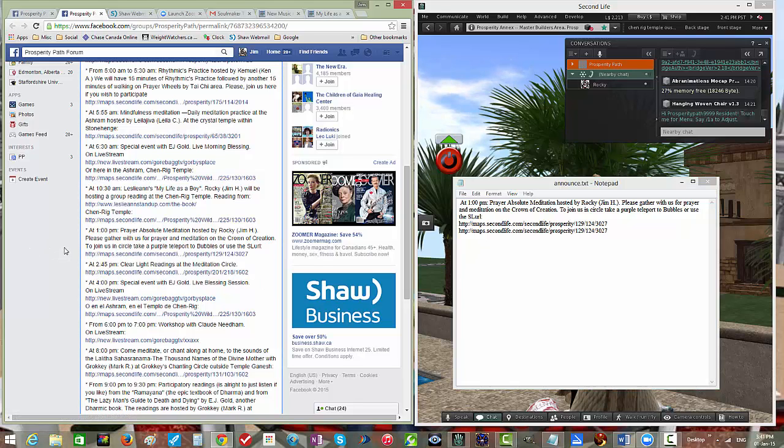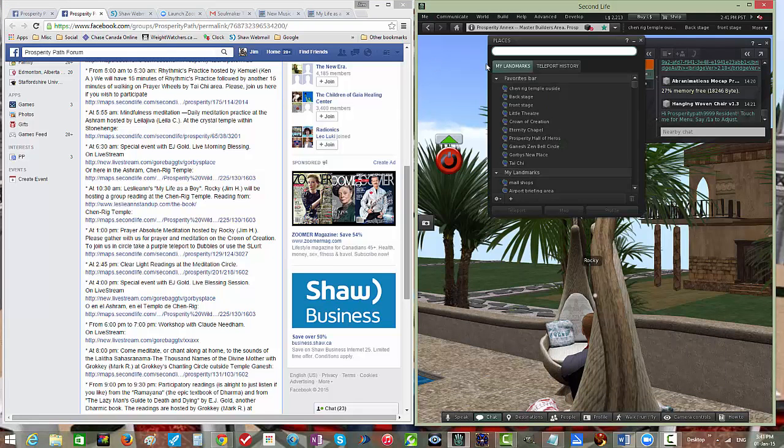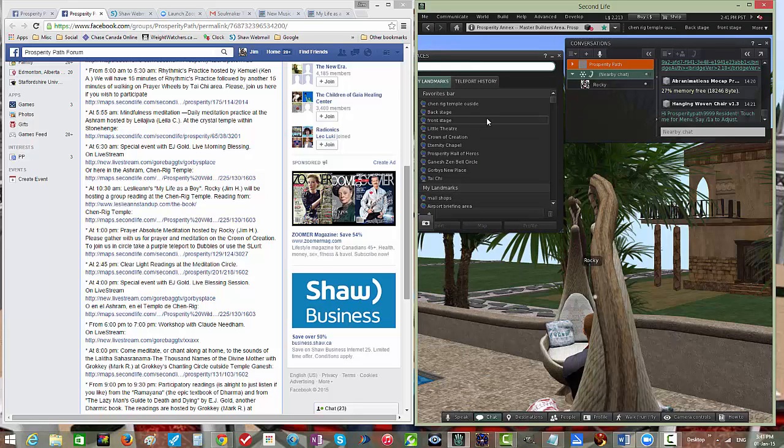So again, that's using Chrome as a browser, and hopefully you can find a similar way of copying those links in the browser that you're using. Now another way of getting that link could be if you go to your Second Life window now and go to Places,